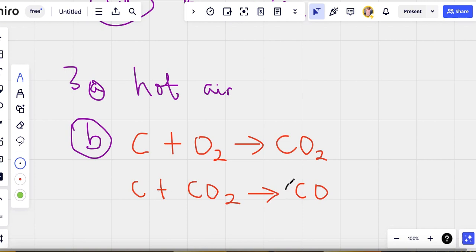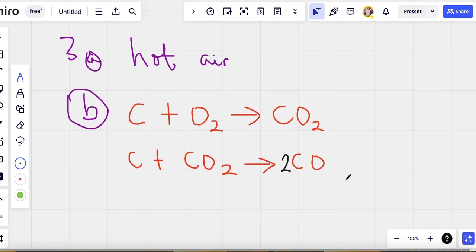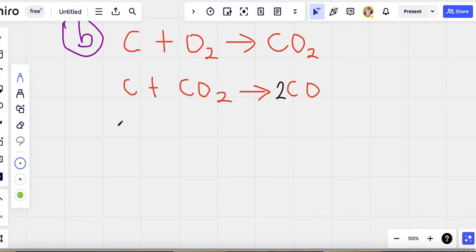Here, if I have 2 here, I have 2 atoms of carbon, which is 2 atoms of carbon on the left, 2 atoms of oxygen, now 2 atoms of oxygen. Okay, so this is what you get. So this carbon monoxide, we react with iron, the hematite, the carbon monoxide that we get,